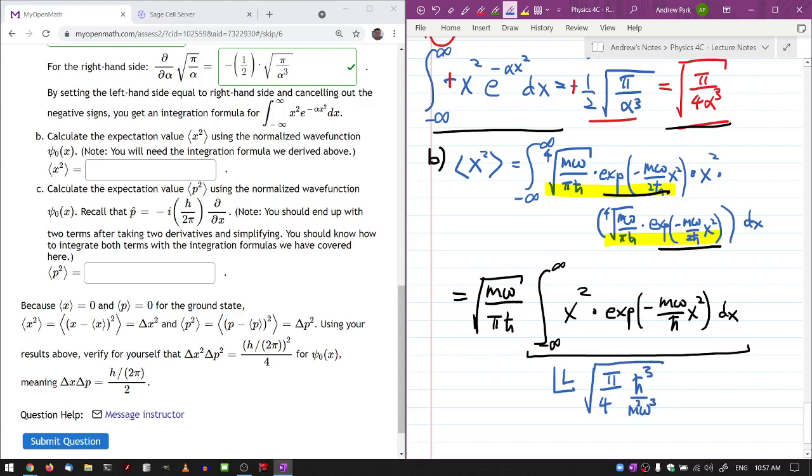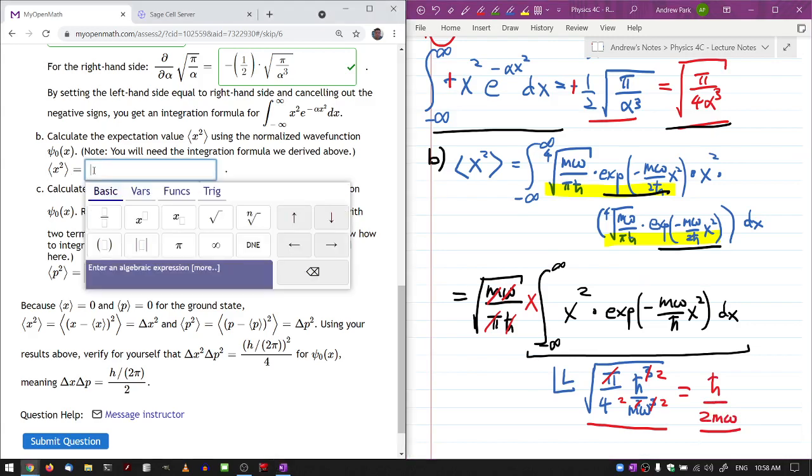All right. So when you imagine this first coefficient multiplying this second term that comes from the integral, you see quite a few cancellations. Pi's cancel, one factor of omega cancels, h bar cancels out one factor here, one factor of omega cancels out one factor here, one factor of m cancels out one factor here. So this is h bar over 2m omega squared. So this whole thing is just h bar over 2m omega. That's my